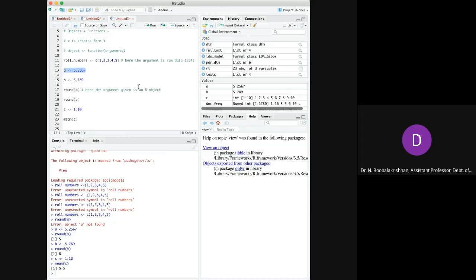So objects are created and assigned by us by giving functions, and inside the function, your arguments can be raw data or an R object like A, B, C, which are all R objects.